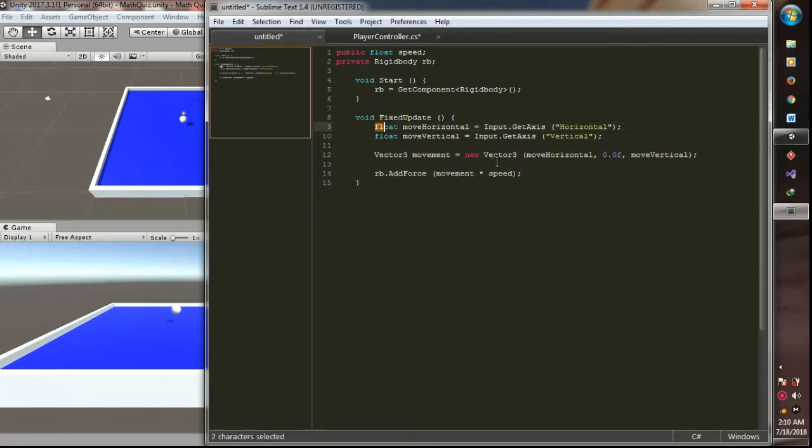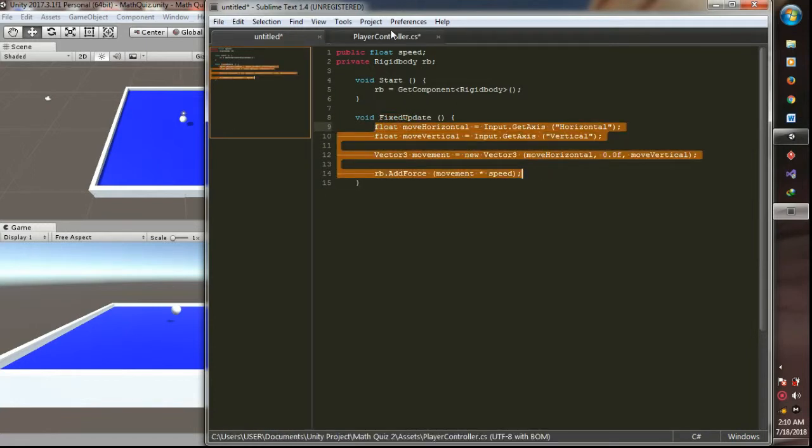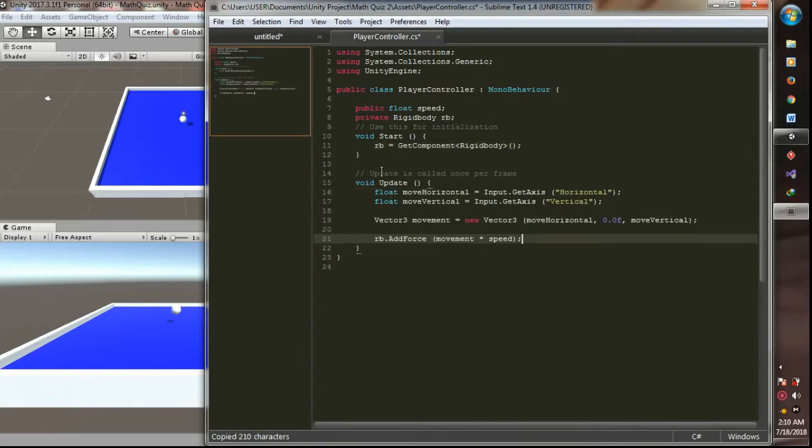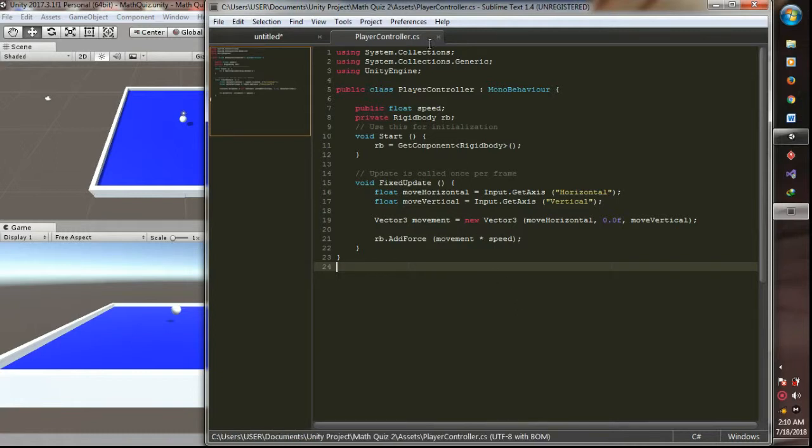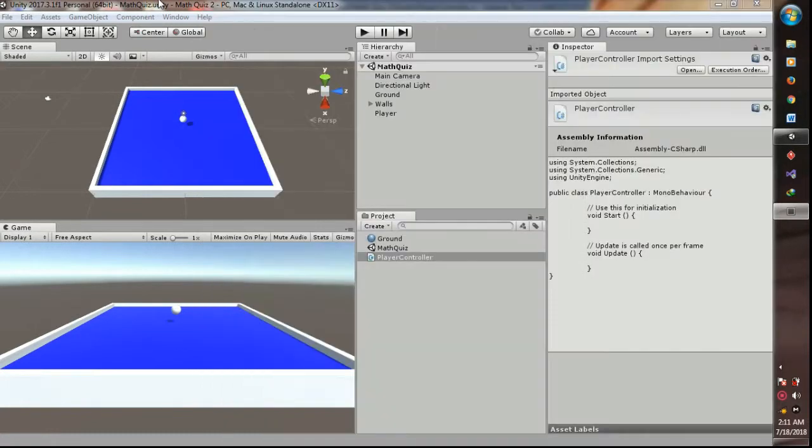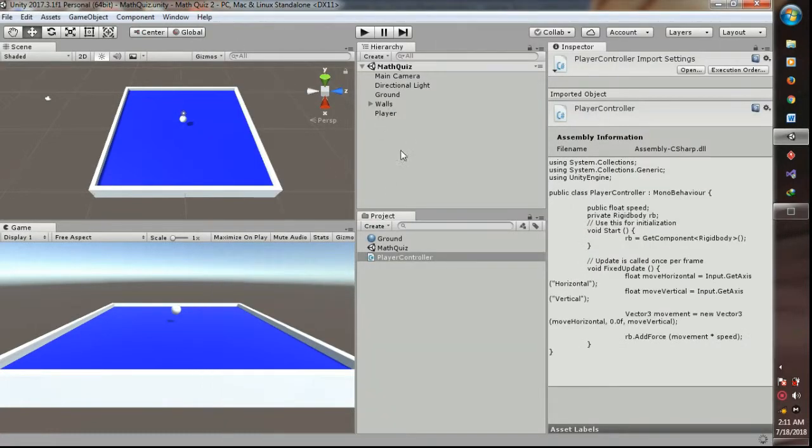We add the fixed update, we copy this code, okay, with FixedUpdate as the name of the function. And this is the code we get in Unity, and save it with Ctrl+S.